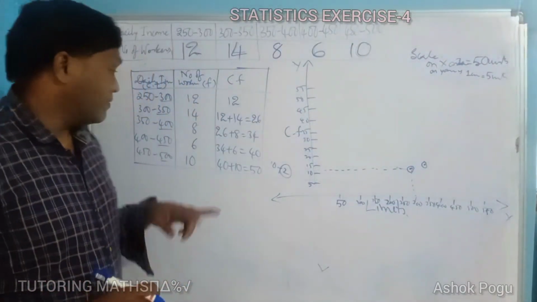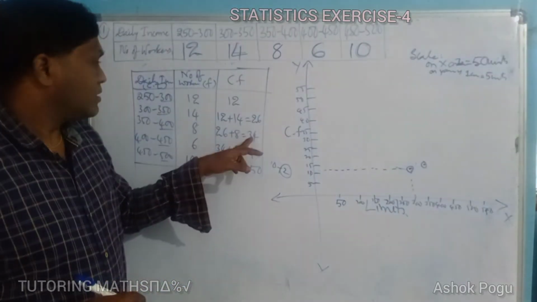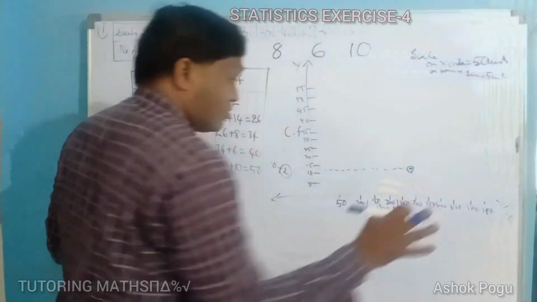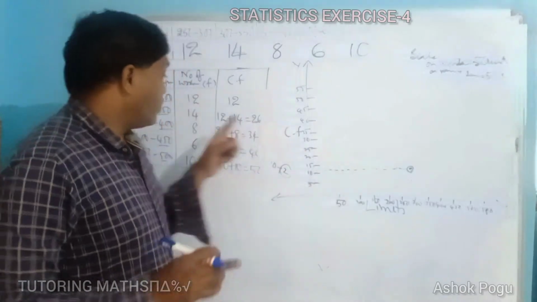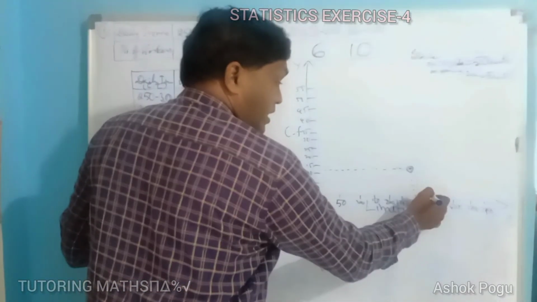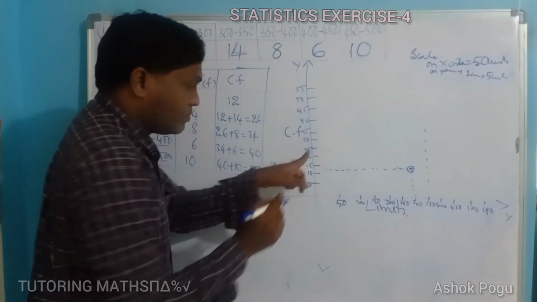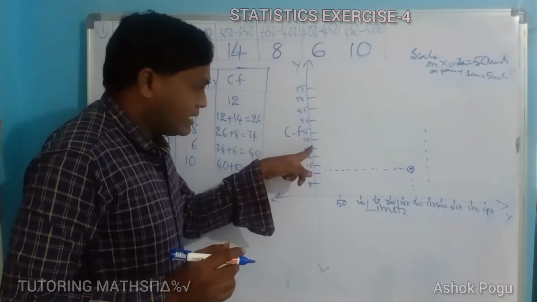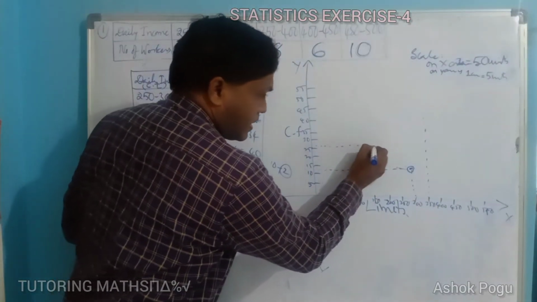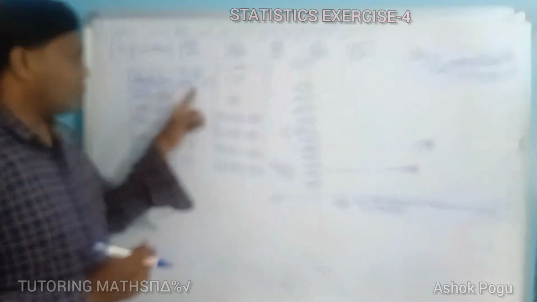Next 400. Where is 400? This is 400. And now, sorry, it is 26. Cumulative frequency should be taken. So now 350, what is the upper boundary? 350 and 26. Where do you get 26? It is 25. 26 means 2 lines. So here we get the second point, which is 350 and 26.